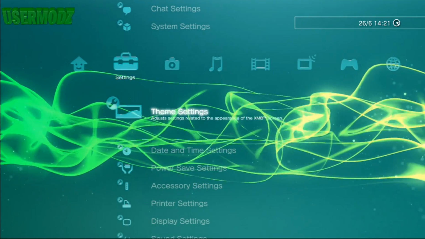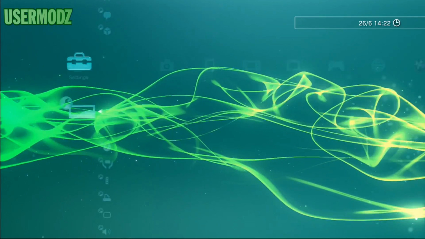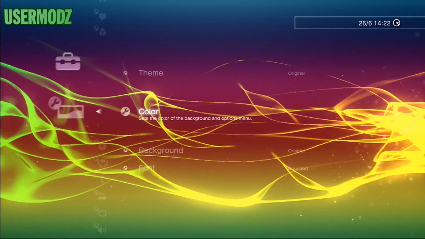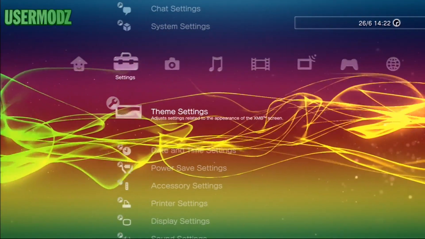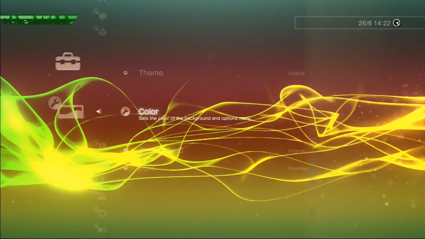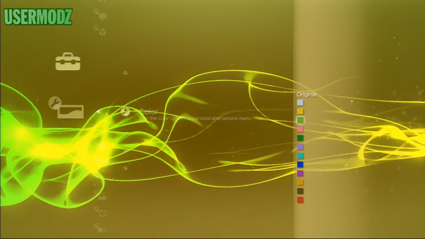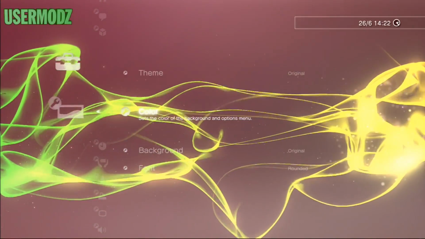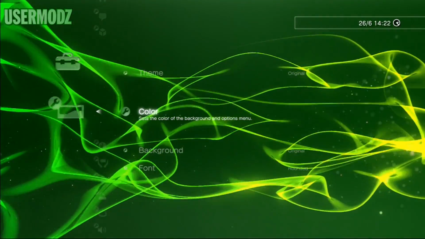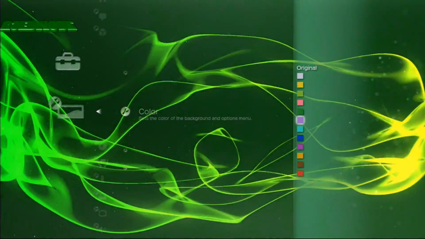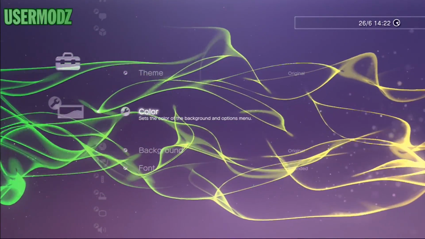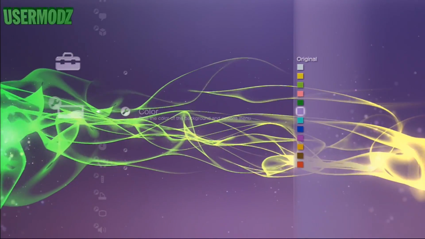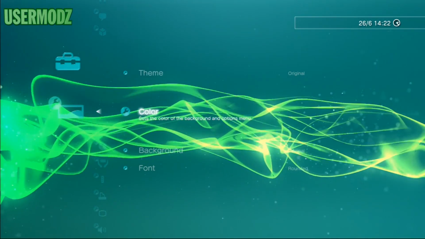I can change the theme color so you can see how it changes with each and every one of the colors. I'll just put gray. Yeah, it's so cool. It's like a rainbow effect. I'll put yellow, green, pink, dark green. Yeah, so cool. Another like purple or so. It's like pink to purple. Cyan,